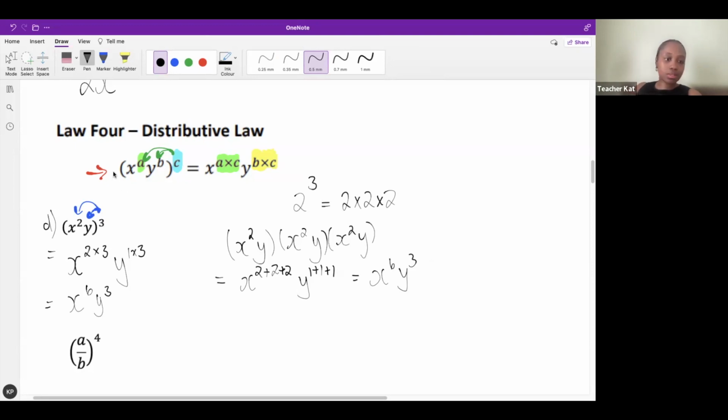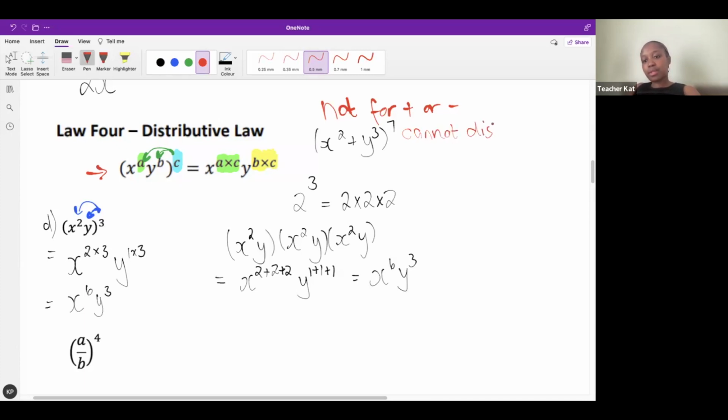Now, there's one thing that I forgot to mention. This law does not happen if you are adding powers. So for instance, let me write here, not... What I mean about that is if you have x squared plus y cubed raised to the power of 7, you are not allowed to distribute the 7. So in this case, we cannot